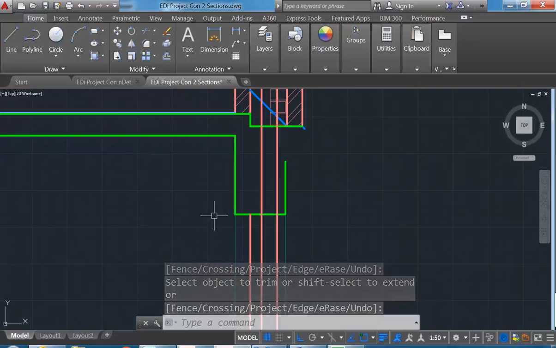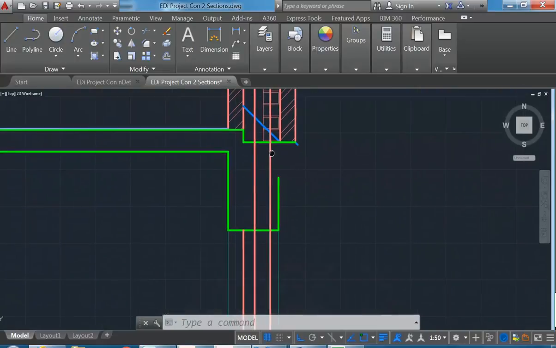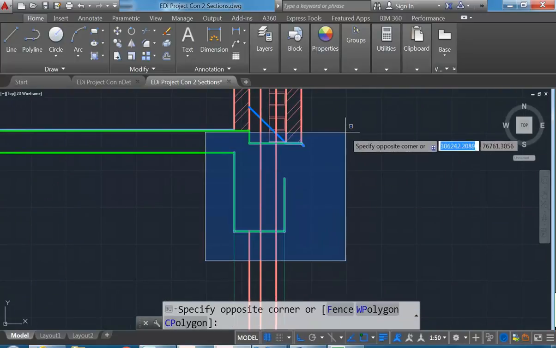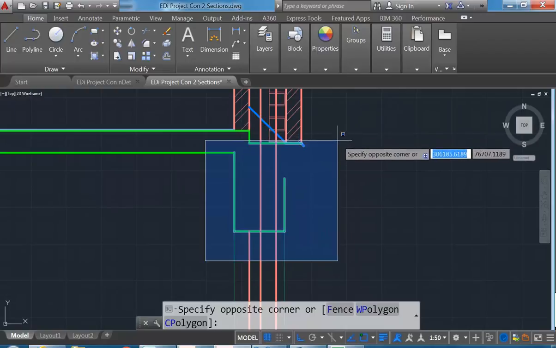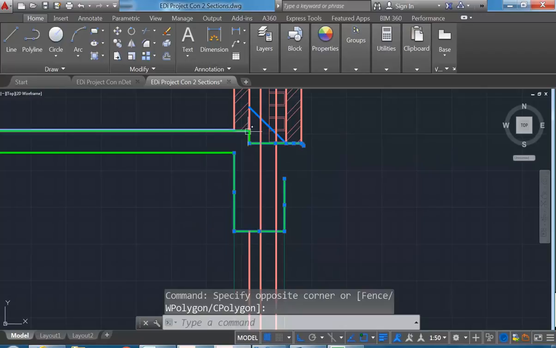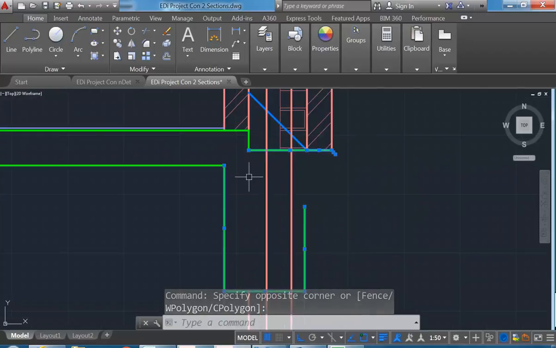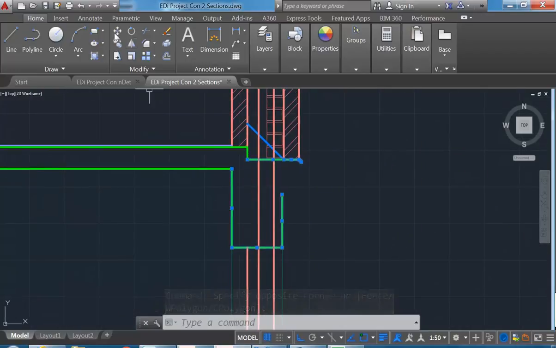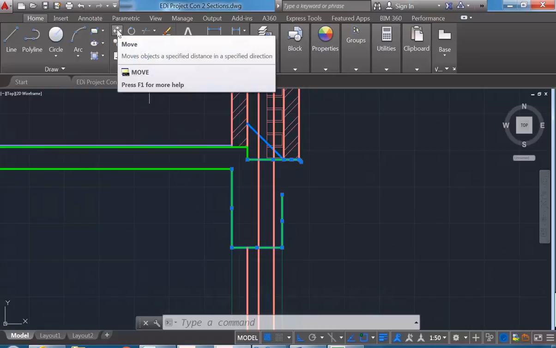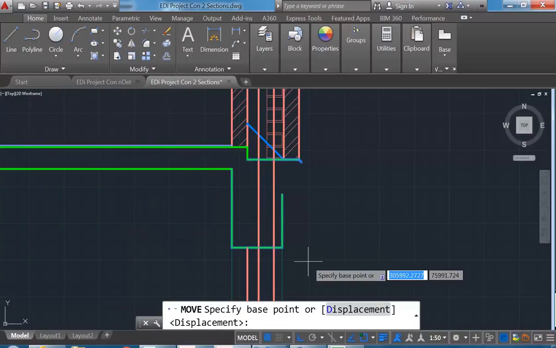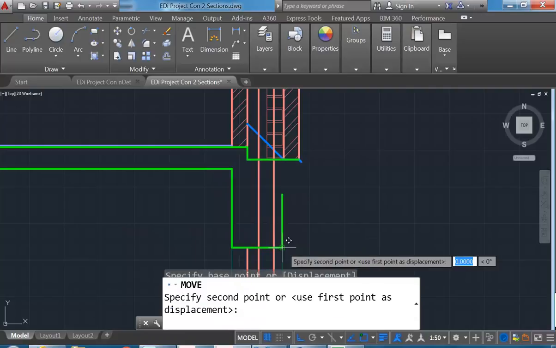And then again, just to keep it simple, and I think this is again where people have a lot of problems with Revit, with AutoCAD, trying to make things too hard for themselves. Just use the move tool. Stretch might save you a bit of time here, but would also make it a little bit confusing. So if you use move instead, I'm just going to take it from the corner there to the face of the wall,